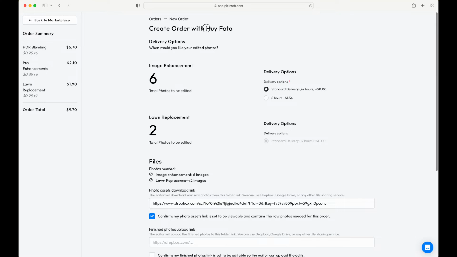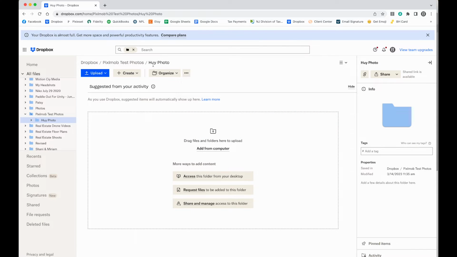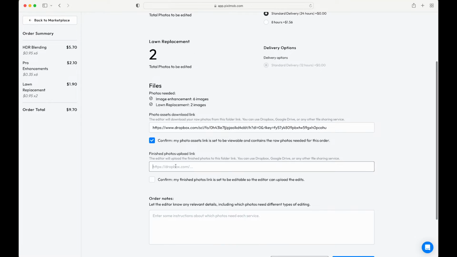I created a folder on Dropbox with the name of this person or this photo, their company or whatever. So if you go to Dropbox here, you can see I made a folder with their names. So when I get these images back, I'll know which images go with which editor. So then I know who's who and then I can choose appropriately. So I'm just gonna copy this link here for this person's folder and I'm just gonna paste that into here